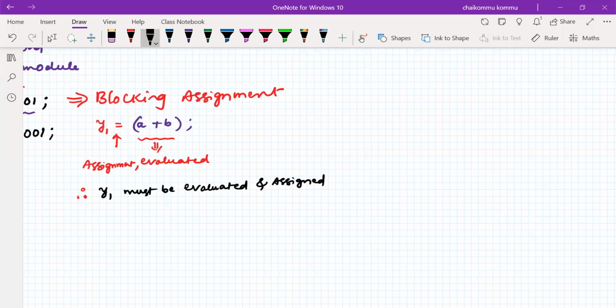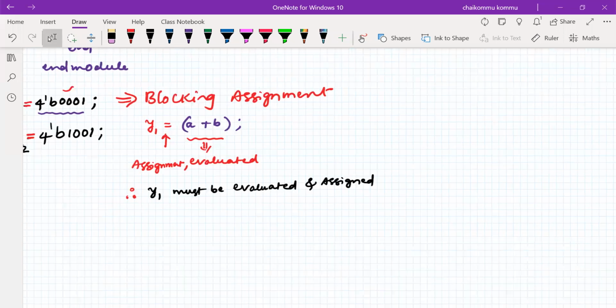Y1 must be evaluated and assigned completely, then only y2 will be taken into consideration.